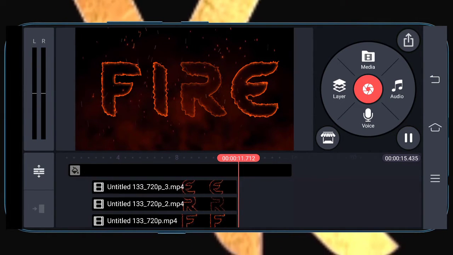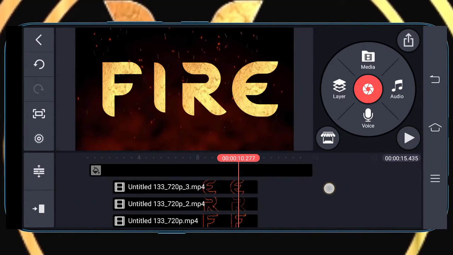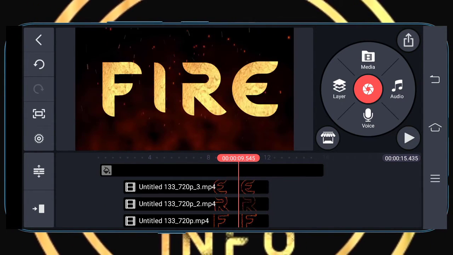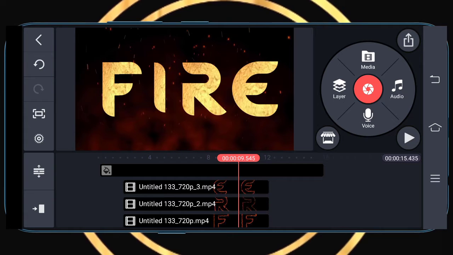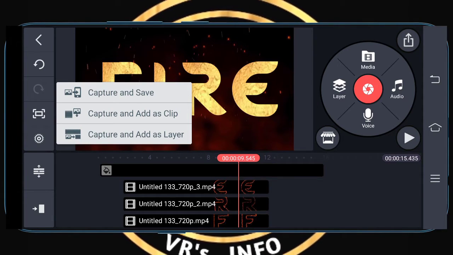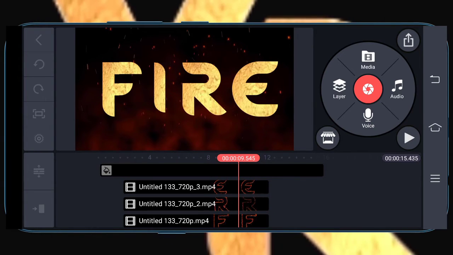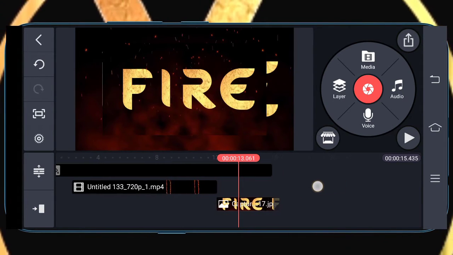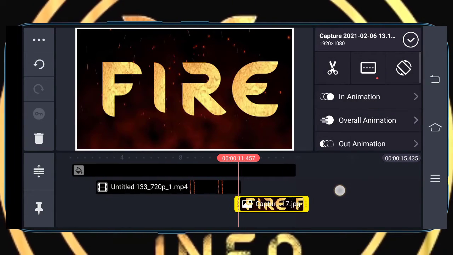Your video is ready, and let's give some final touch for this. So once you get this golden image out here, just add it as a layer. You can take a clip of it and add it as a layer. So as I said, the video is getting stuck and hang. It's just like as I had said earlier. So no need to break your head. Capture and add it as a layer, and make your capture full screen.